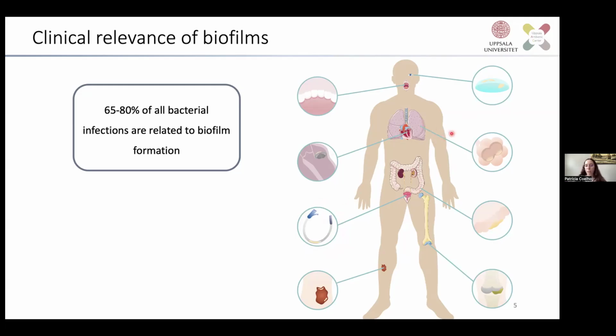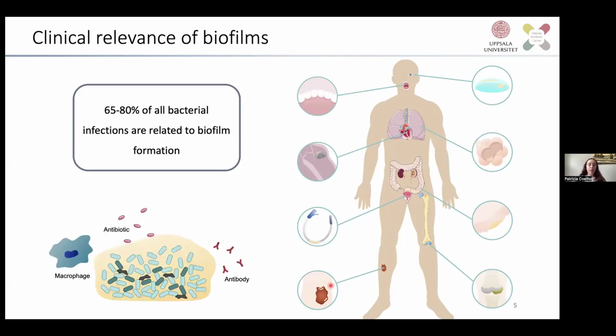So for instance, there can be biofilm formation in the epithelium of the alveoli in the lungs, in the intestine, and there are some studies showing associations between biofilm formation in the intestine and cancer development. And finally, there can also be biofilm formation in chronic wounds, and this makes these wounds really hard to treat, and they persist, and that's why they're called chronic wounds. Biofilms are serious and they are a big problem because not only do they resist the host immune system, but they are also very tolerant to antibiotic treatment.